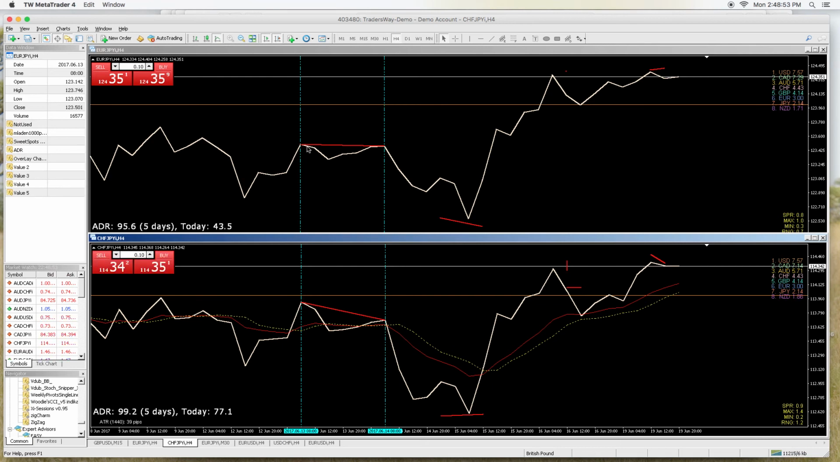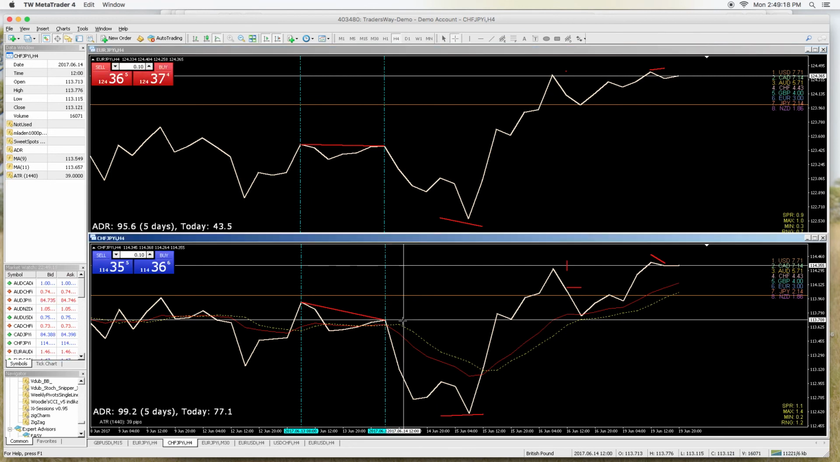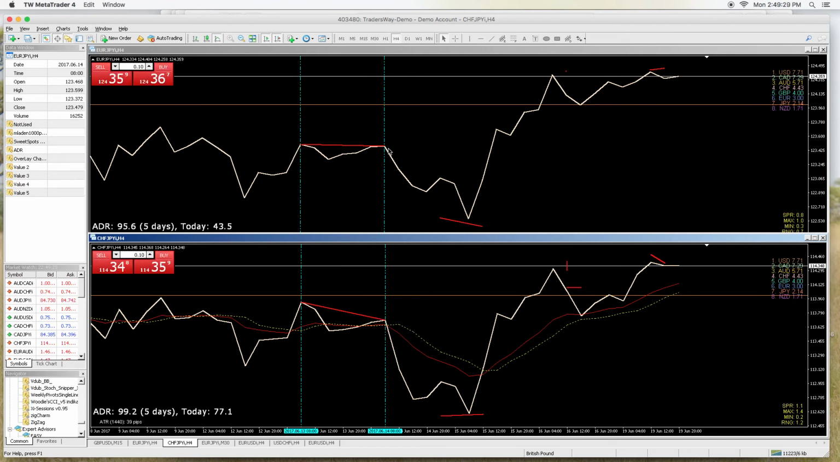So this line here on the euro yen right up on top, now this is technically not really noticeable divergence because it's almost flat. It actually does dip 2 pips here, and this one dips significantly more. This one dips about 20 pips. So the Swiss franc is becoming much weaker more quickly than the euro yen,